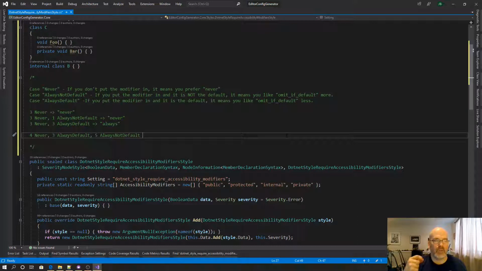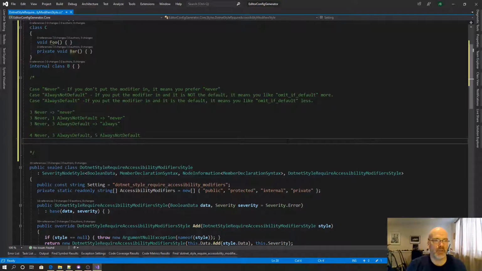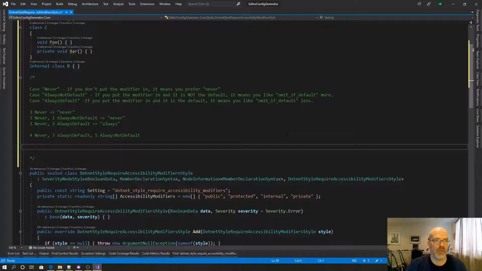So I'm specifying it. 3 cases I am, 4 I'm not. So if always not default is largest, winning ties,